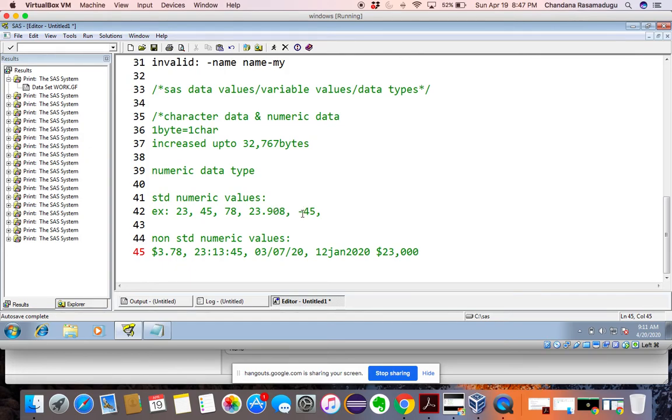And non-standard numeric data is special characters, commas, character values, dates, and time.